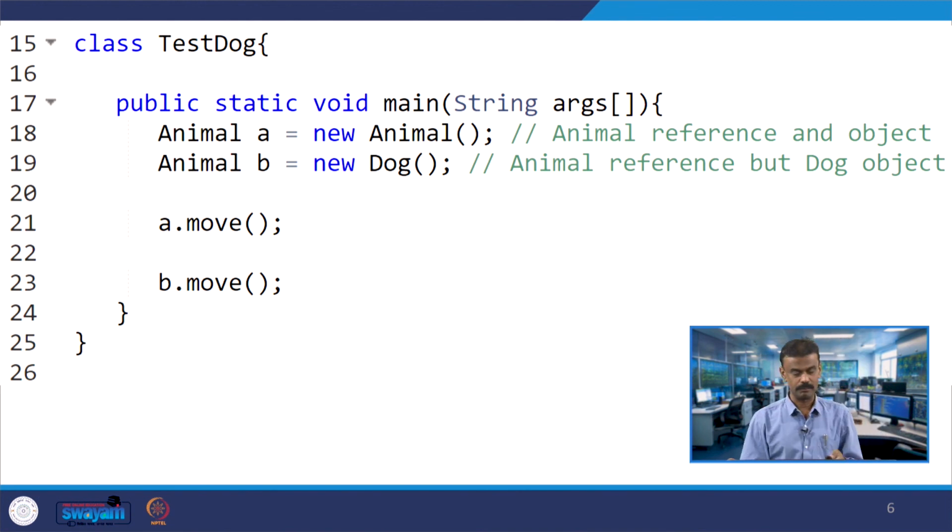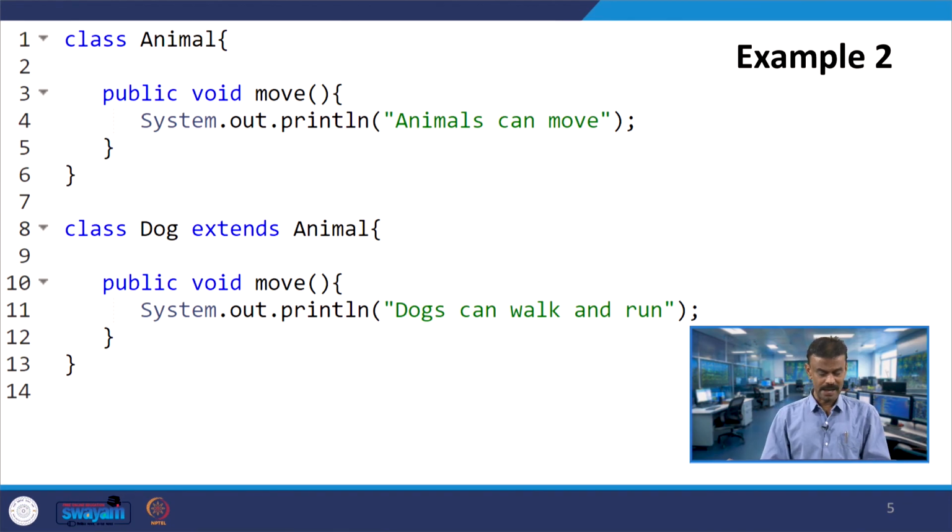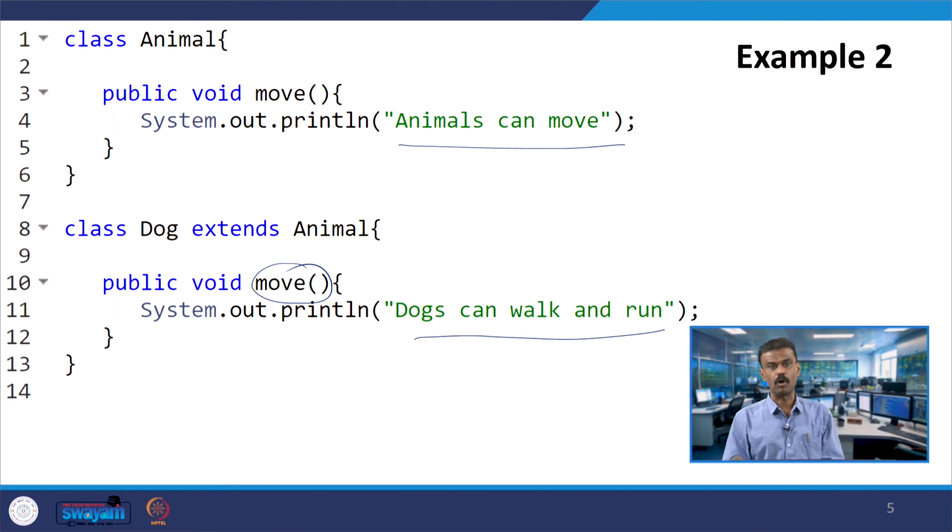Here, class Animal has one method called move, System.out.println "Animals can move". Next is class Dog, which is extending Animal. It also has a move method, which prints "Dogs can walk and run".